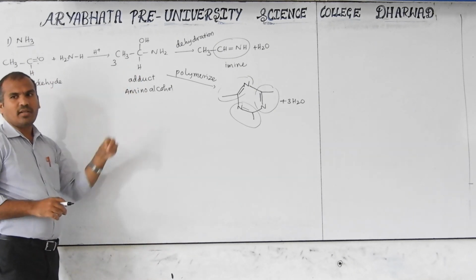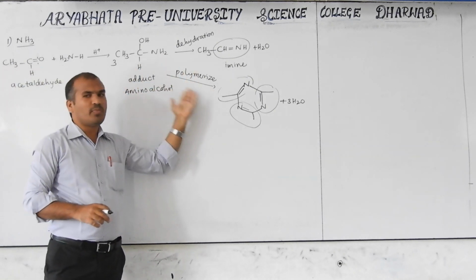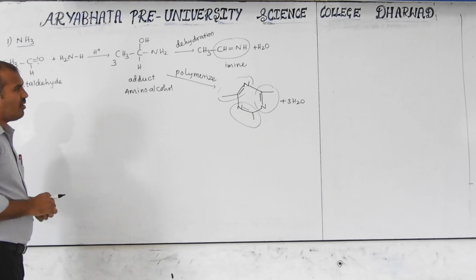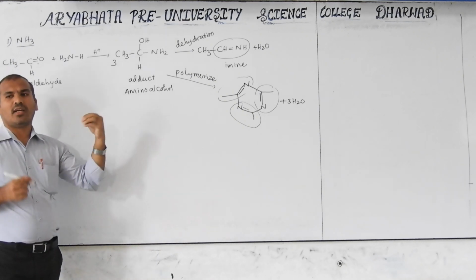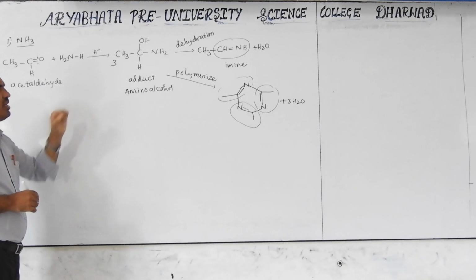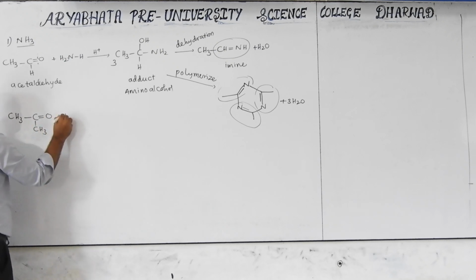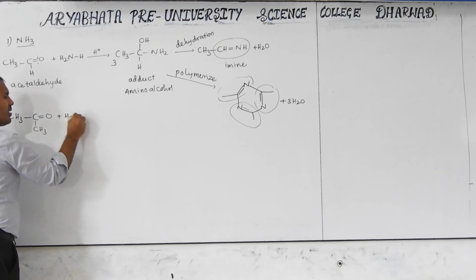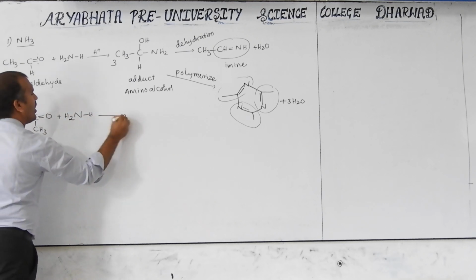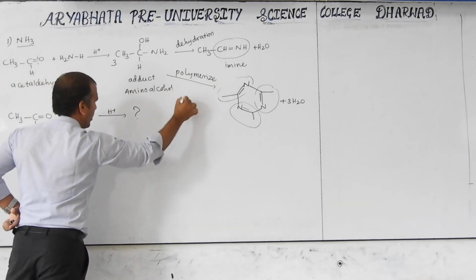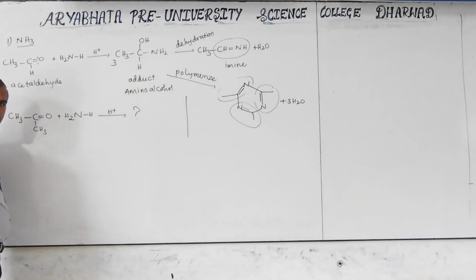So these are somewhat easily converted into their imine form or polymerized form. But with ammonia, it is a less stable form, and they are not discussed in the textbook also. But just to mention this one word, if acetone is there, it also forms like this. I am giving this homework for you. This is CH3 C double bond O, with ammonia. Write in acidic medium what product forms. Similar to this, same up to here only. This polymerization I don't want. Up to this adduct only, write.